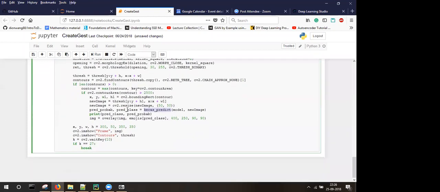So what happens after that? I'm getting this predict class, right? If you can see, I'm just printing them out just so that I know exactly what is happening. And then I call this overlay function. So this is the base image, and then the emoji. I have a list of emojis, and the predict class is